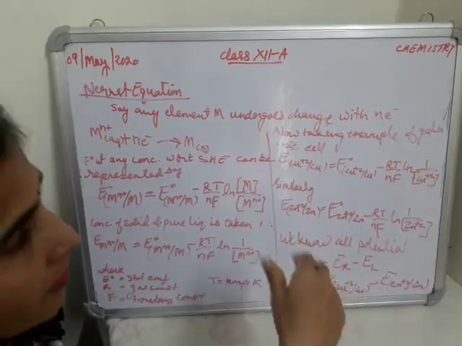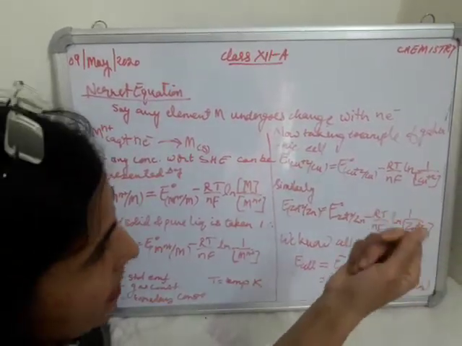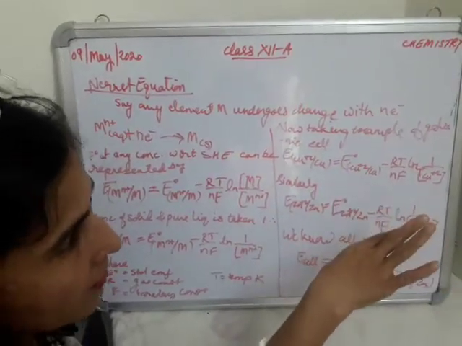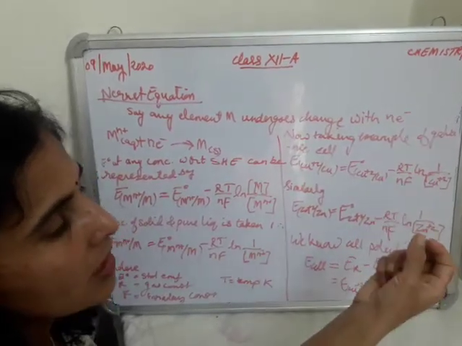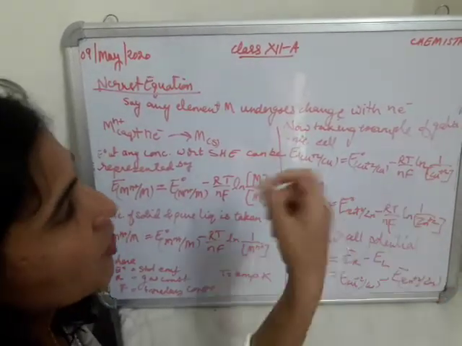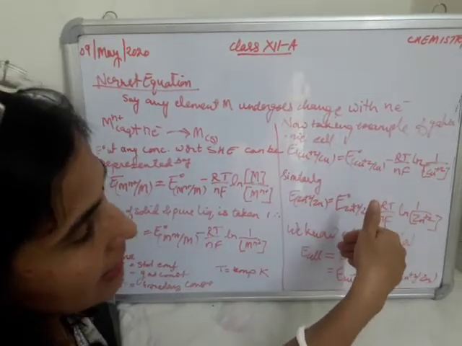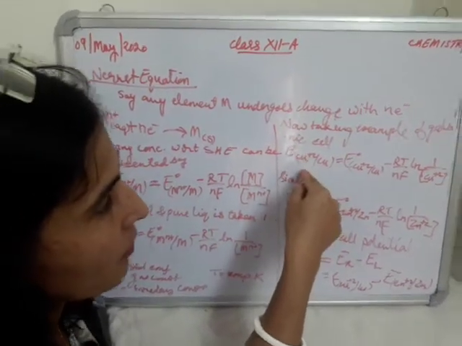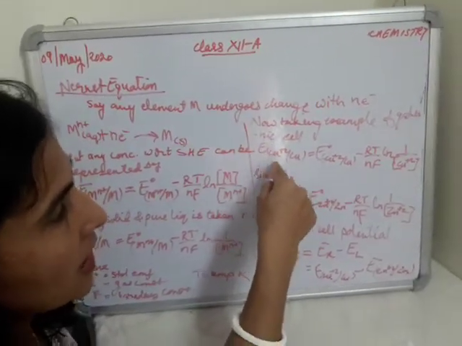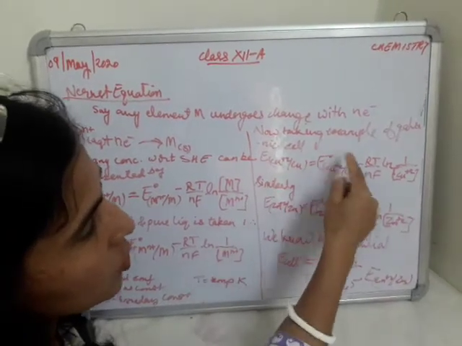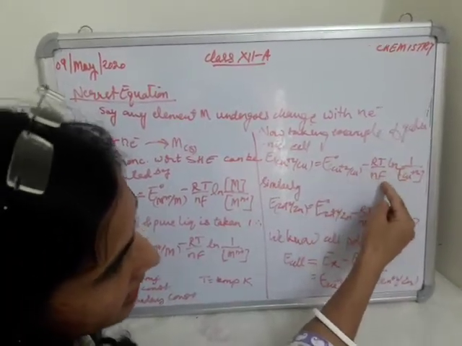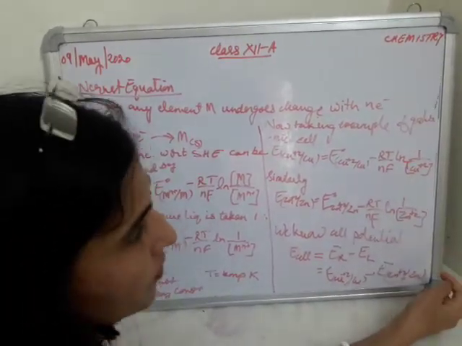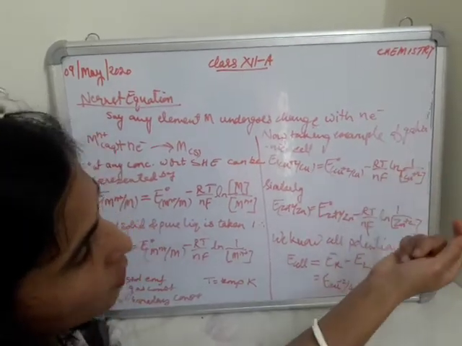Say, for example, we have a galvanic cell, comprising a copper half cell and a zinc half cell. Now, how do we measure the EMF of such a cell? Because the cell consists of a copper half cell, first of all we will write the equation for the EMF of the copper half cell, that is, EMF of the copper half cell equals standard EMF minus RT by nF ln 1 by the concentration of copper aqueous ions. Here ln is the natural log, children.